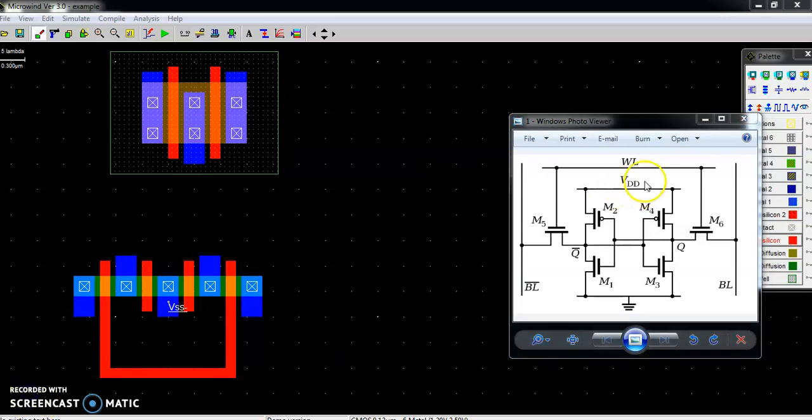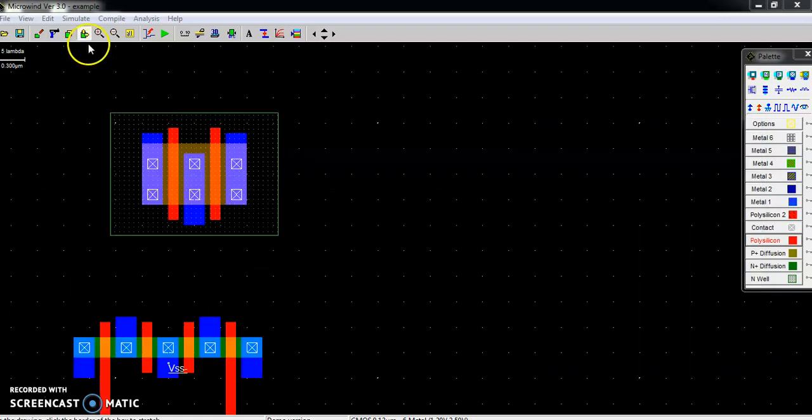Similarly, we will connect VDD to common terminal of M2 and M4. So this is the common terminal of M2 and M4 that we will stretch outside the P MOSFET body, and then we will apply VDD supply.